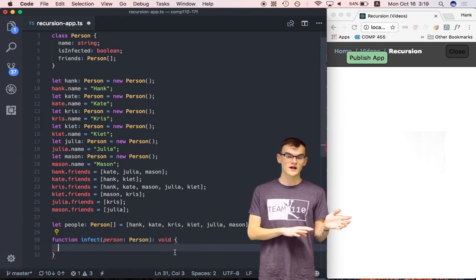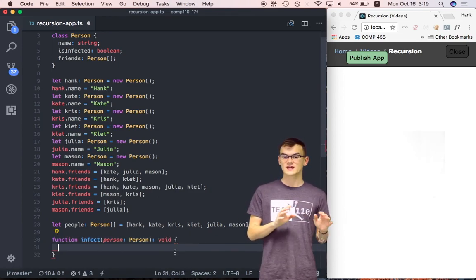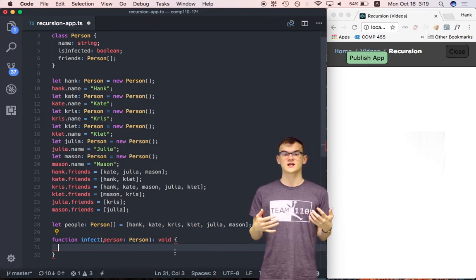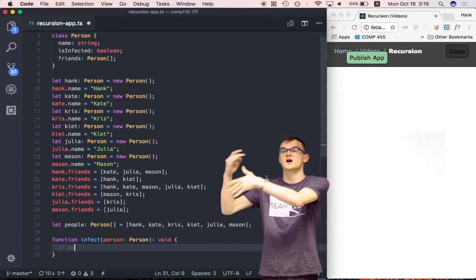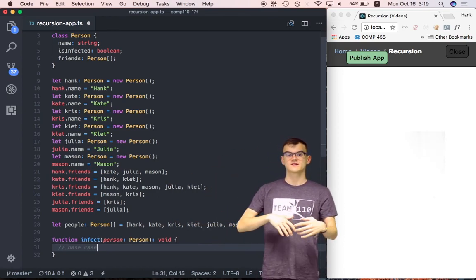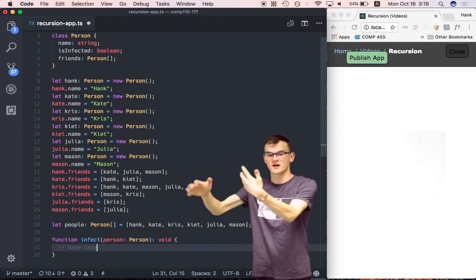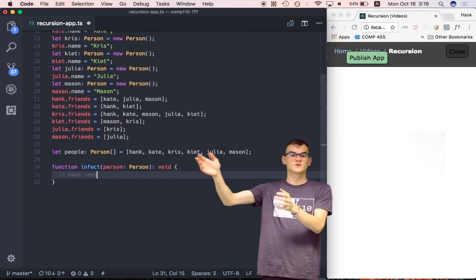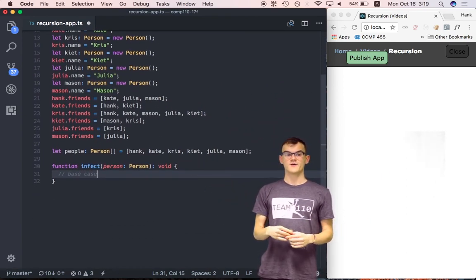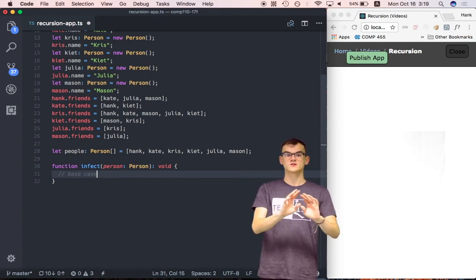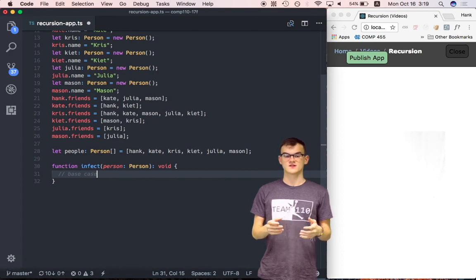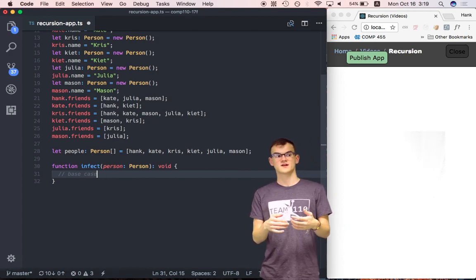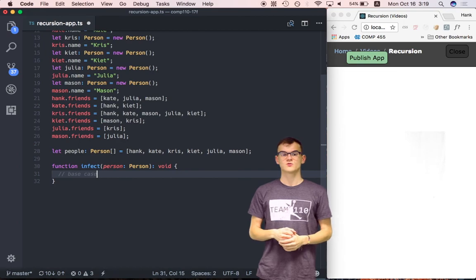Alright, when you're writing recursive functions, the first thing usually that you do in the function is set up your base case. This is the case under which you want your function to stop recurring. If we didn't have this, the function would just keep on going, infinitely many times, and we would get a Stack Overflow error. So first we want to set up at what point do we want to stop. And it makes sense, I think, for our infection function to stop if the person we're trying to infect has already been infected. So we'll say if